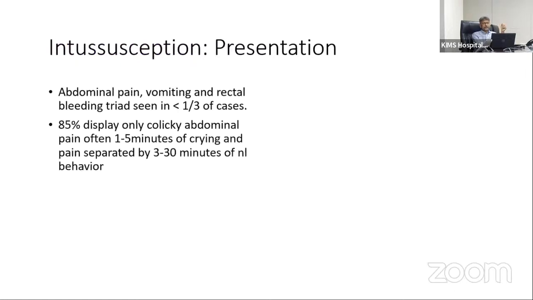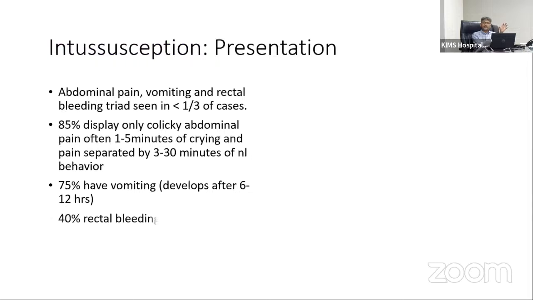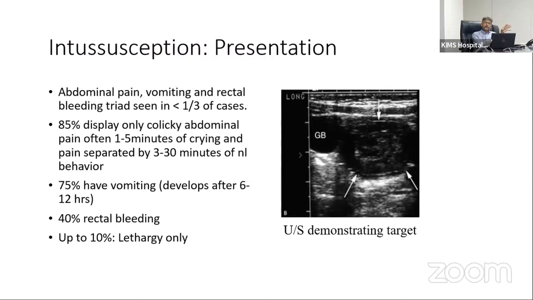So that typical triad is there, but it's not seen in all the cases. That is, abdominal pain will be there, vomiting can be there, and recurrent jelly stools can be there. But most people present with cranky, colicky abdominal pain, which is the most common symptom. And intervals can vary. Initially they'll start with smaller intervals, and as intensity increases, the intervals will keep on increasing. So, an inconsolable child